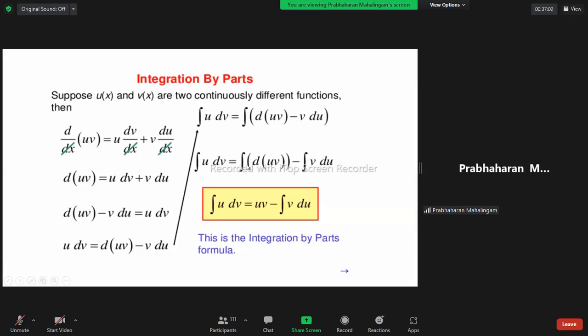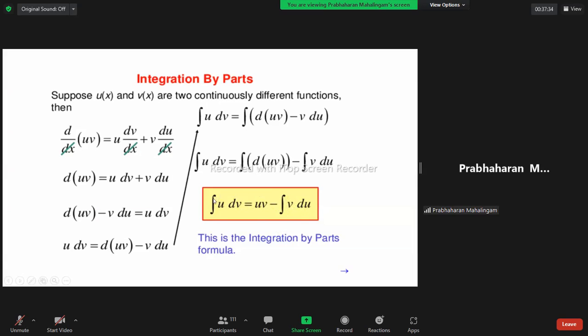Hello. Integral sign into dx, what is the value? It is x. Integral sign into dx is x, right? Integral sign into d1 is equal to x. That is why we will not put an integral sign here. uv is there, no need to put an integral sign, minus integral sign v into du.